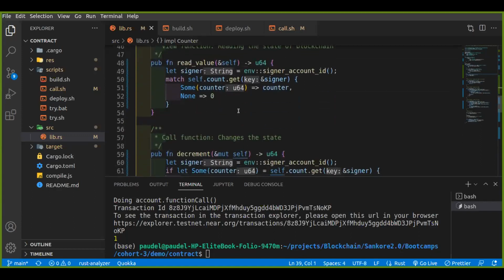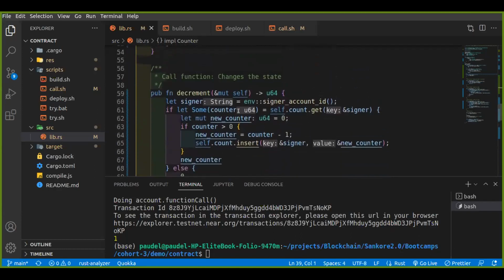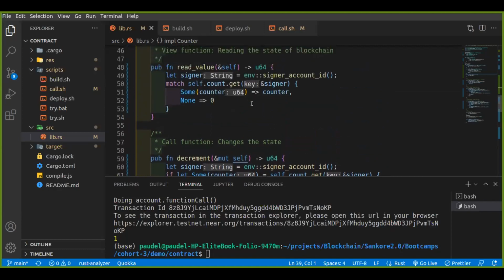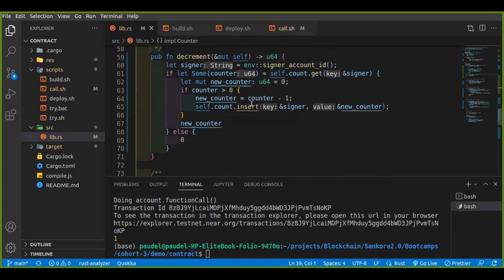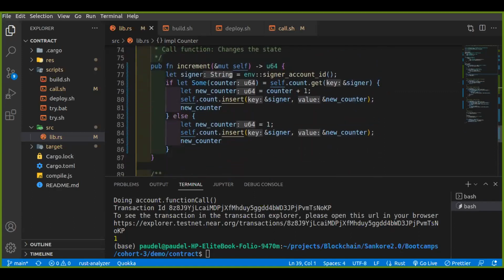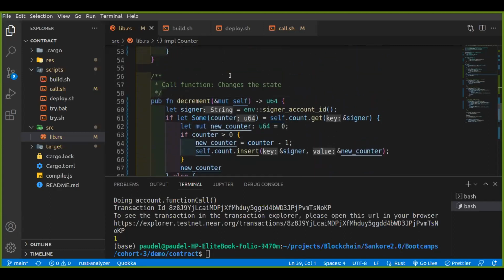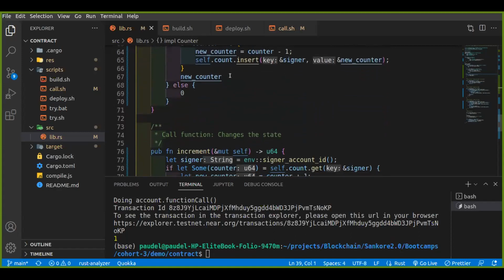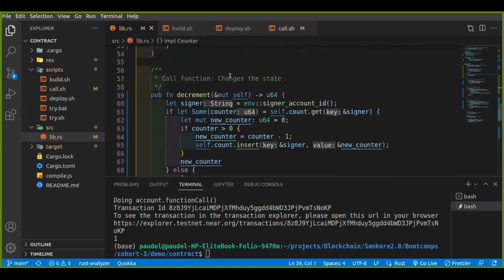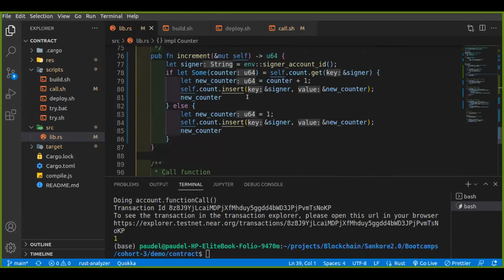Now, I'll implement this within our counter and see how we can let users pay for the storage cost, and not us or the owner of the smart contract paying for that storage cost. For you to be able to pay for that particular storage cost, we do it in our increment function, right? Because the decrement is basically, okay, we'll do something else in our decrement. Or should we do the names? No. Let's do it here. Sorry. So in our increment,